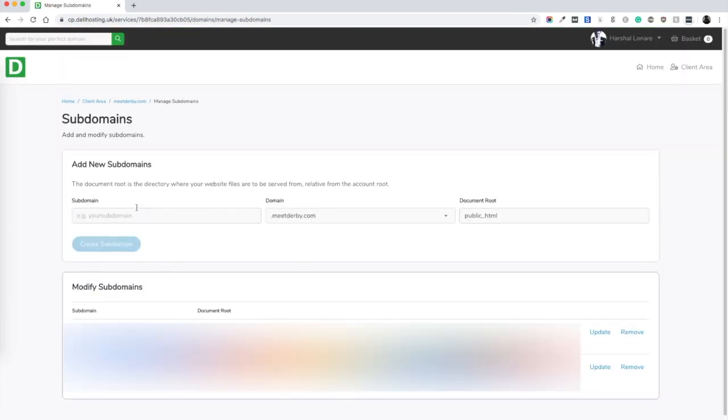Click on it and then create a subdomain. I would like to create hmail. You can also define which folder this subdomain points to. One more thing I want to mention is